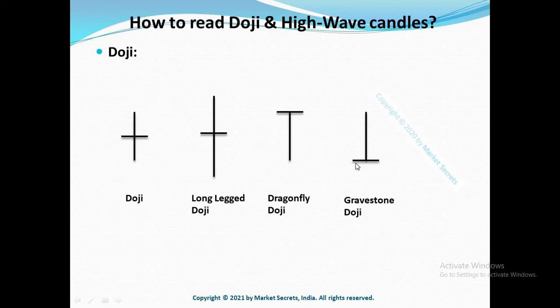Likewise, when it comes to Gravestone Doji, there is a big imbalance and sellers are in full control as they push the price down after a huge buying. So if you look at this case, price opened here at the bottom and it went all the way up and then it reversed and closed again at the bottom. So this indicates huge selling pressure and sellers are in full control. This creates a good imbalance and can form a good supply zone.